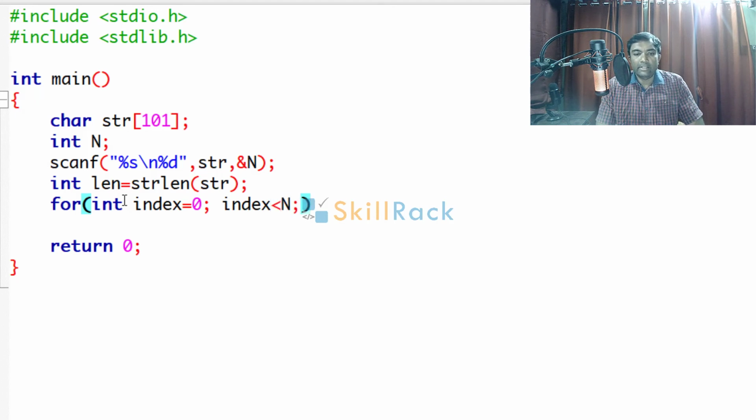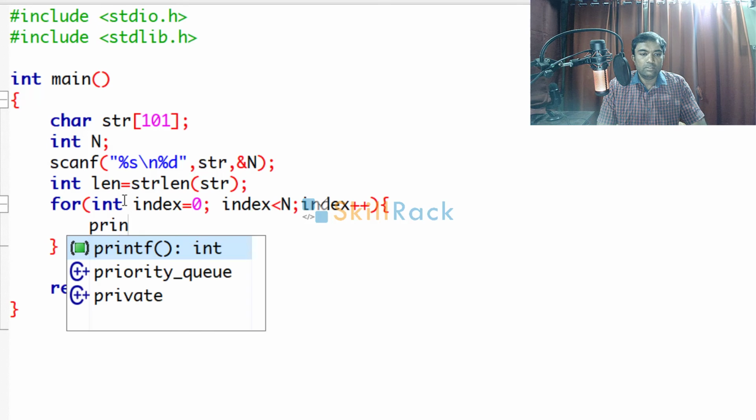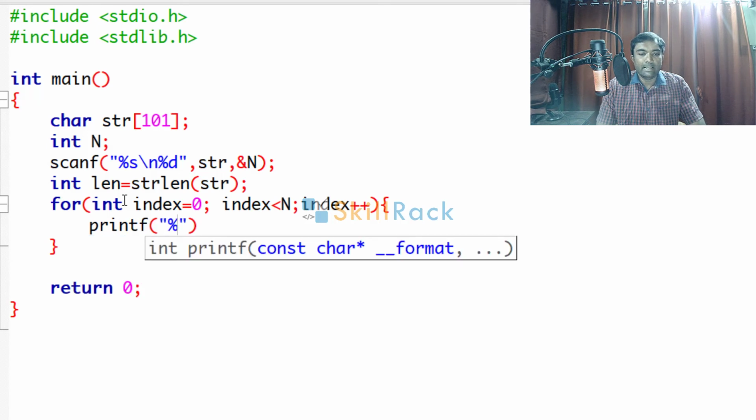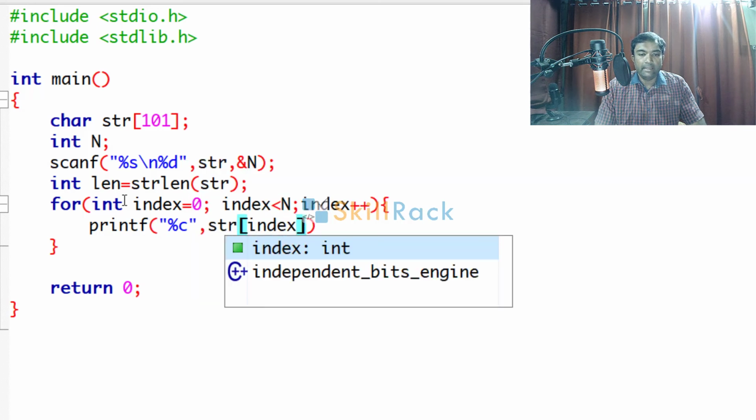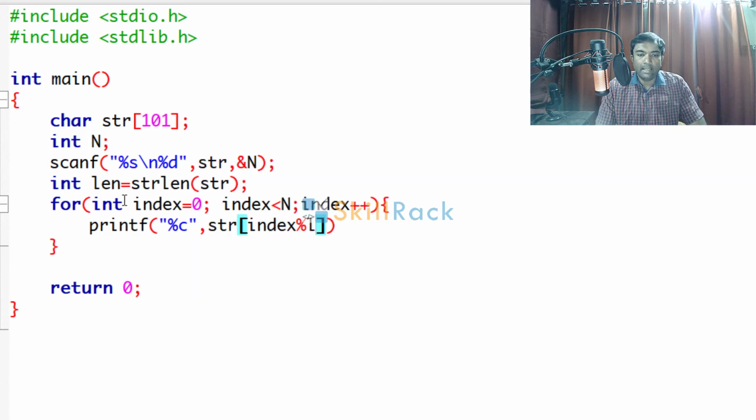Or you can say index less than or equal to n minus 1 also, and index plus plus. Now simply you are going to print the character. %c is the format specifier, str of index modulo len, because the length of the string is already calculated and it is in len. So str of index modulo len, that's it.